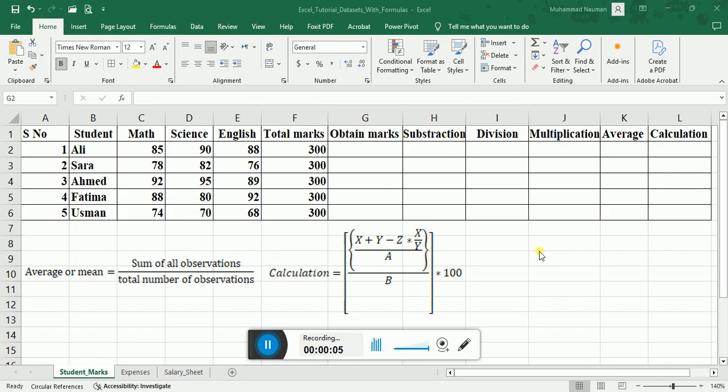In today's video I will show you how to compose or apply useful formulas in Microsoft Excel. First I will sum these three values of Ali: Math, Science and English. Click on the formula bar, type is equal to, type sum,